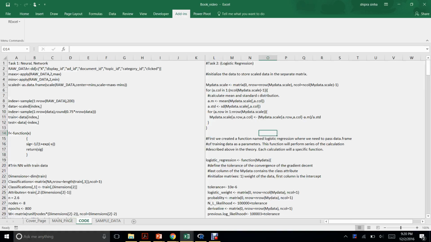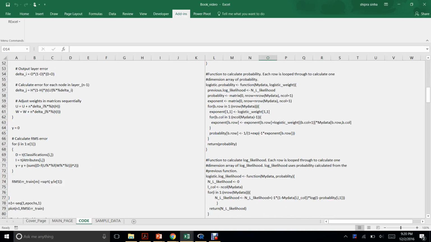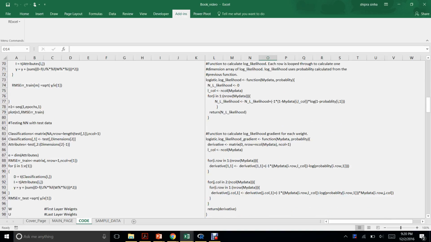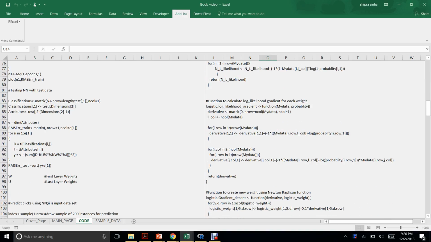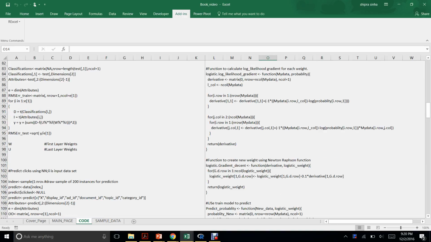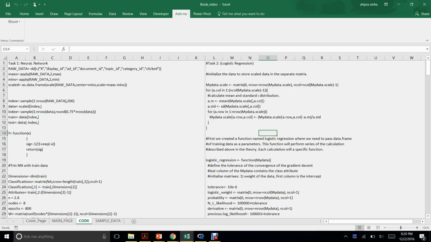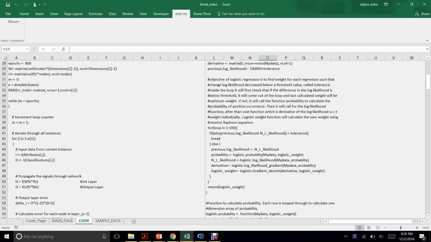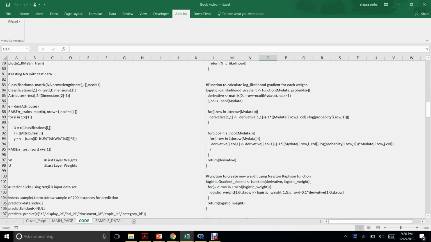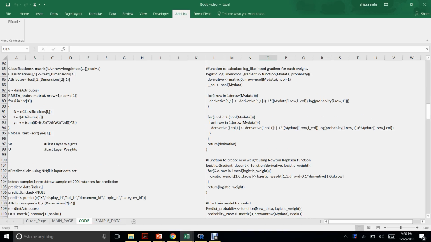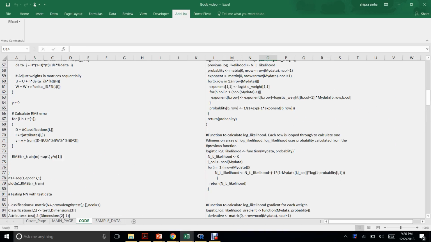So this is the code we are using in our project. This code is for the neural network. We are using misclassification error as model performance, and for the logistic regression we are using ROC, misclassification and k-means to assess our model performance.